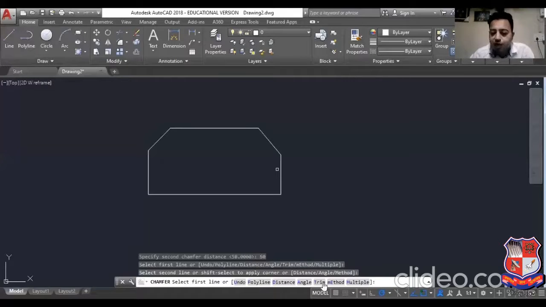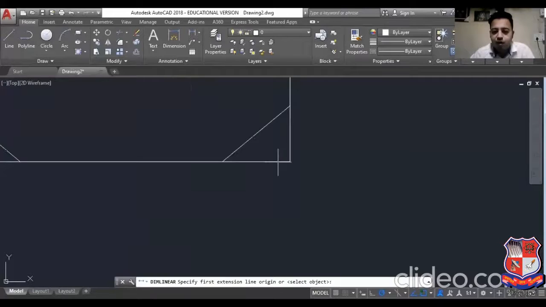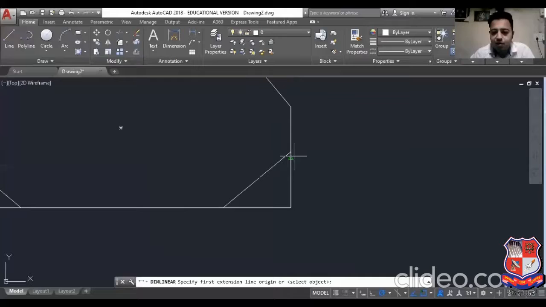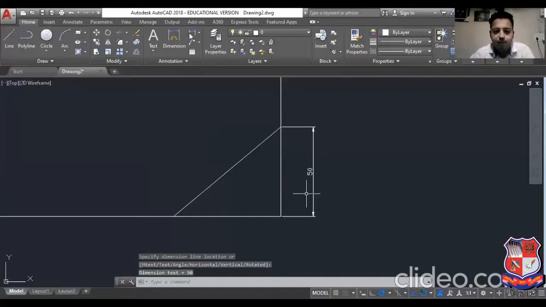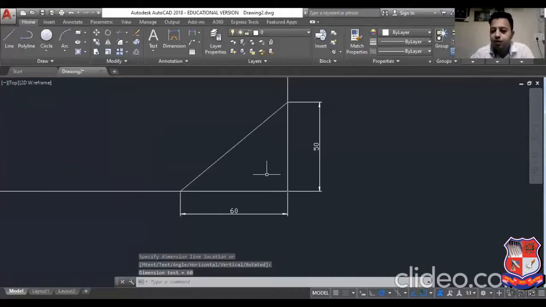Again, the option is trim. If you say no trim, then you can see the corner, here 50 and here 60. So now if you want to measure that dimension, what is exactly 50 and what is exactly 60? Here I have selected this as first, so it is 50, and here I have selected as second, this is 60. So it is for the 50 by 60 chamfer distance.